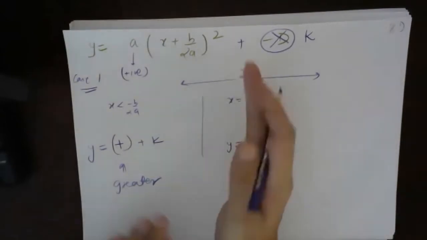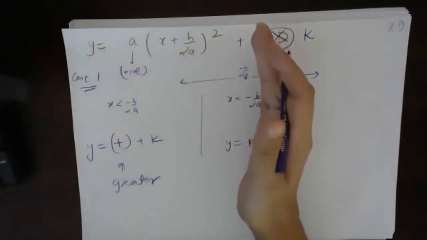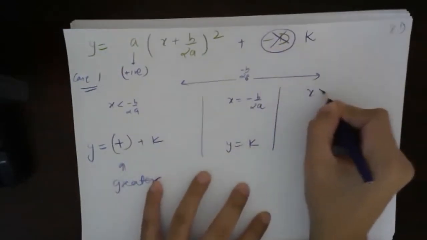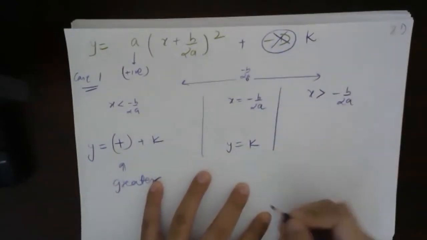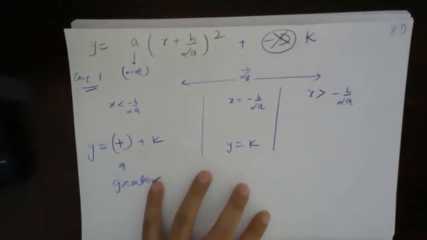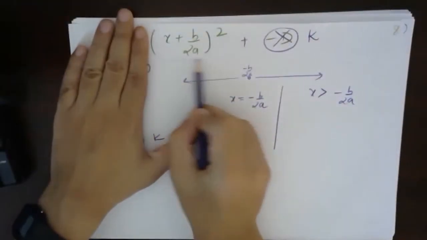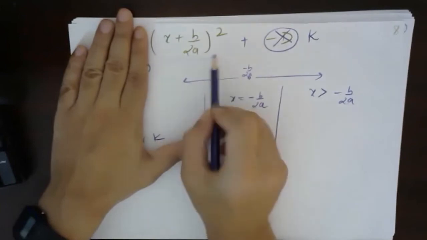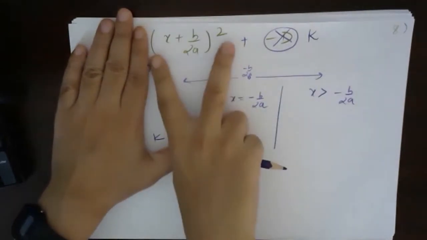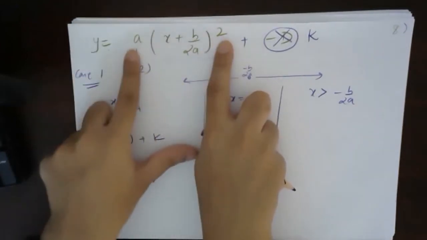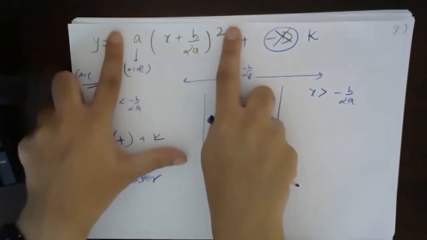Okay, fine. Now let's take a value of x more than minus b by 2a. Let's move on to the right side. So now x is greater than minus b by 2a. No matter how far right we go, or what greater value we take, whatever is inside the square, the sign of this whole thing will be positive. Why positive? Because there is a square. Overall sign, because a is positive, this whole thing will be positive, right?